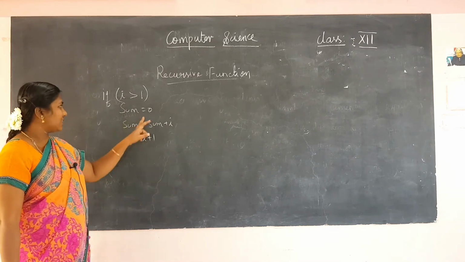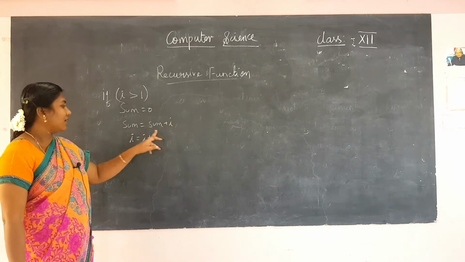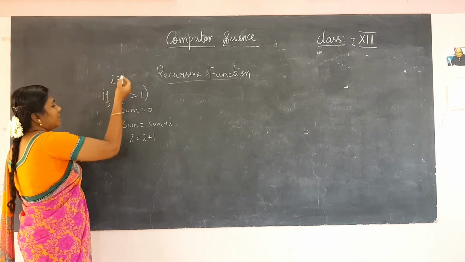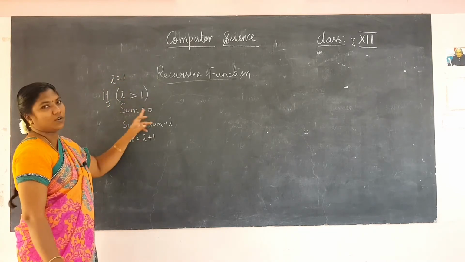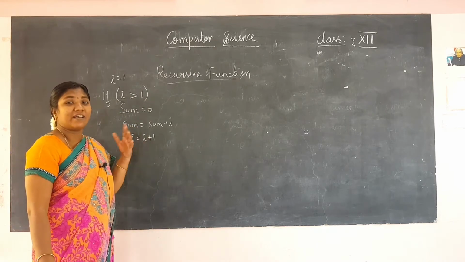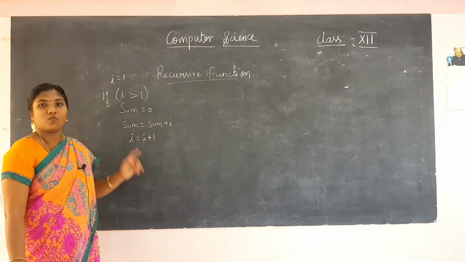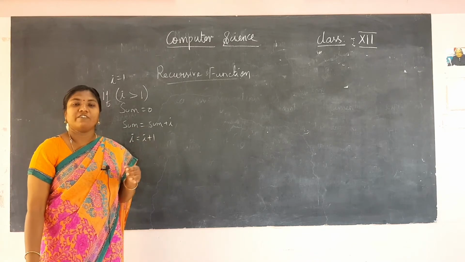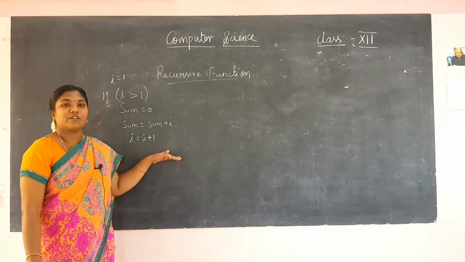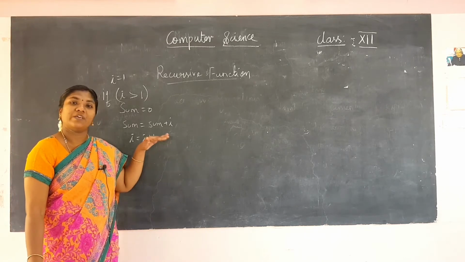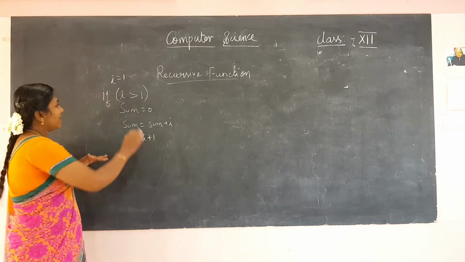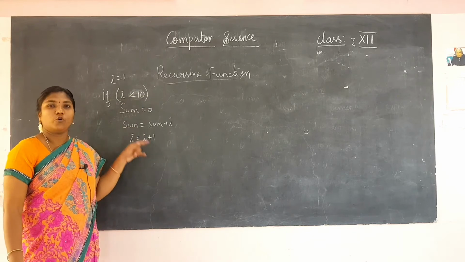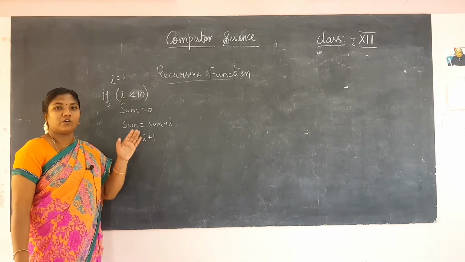So first sum is equal to 0, 0 plus 1, 1. Again i is equal to i plus 1. So first if I have i is equal to 1, then i is equal to 1 plus 1, 2, i greater than 1. So it will go on calculating, because I have given the condition as i greater than 1. So this will be an indefinite loop, and it will go on executing. We want a condition where the indefinite loop has to be stopped. For that purpose we give i less than 10. If I give that here, the loop will be executed up to the value i is equal to 9, isn't it?